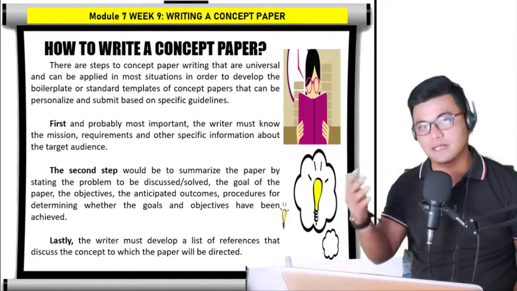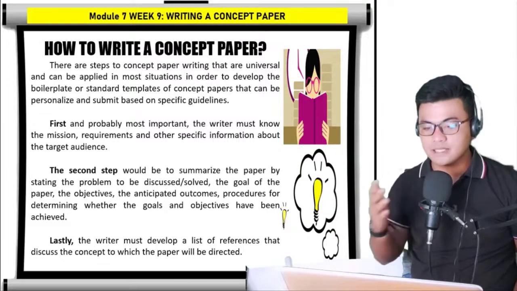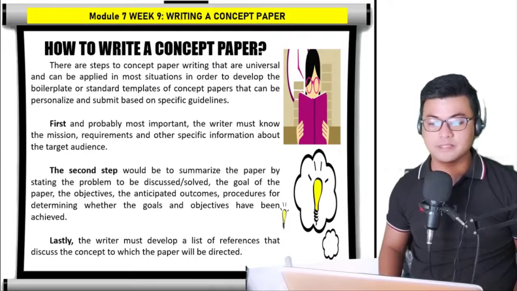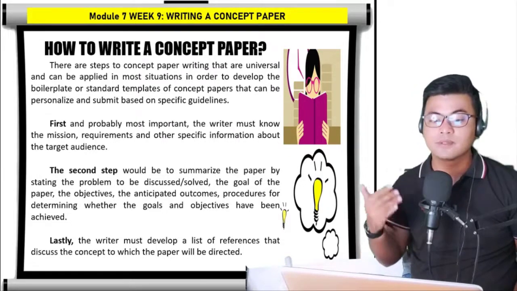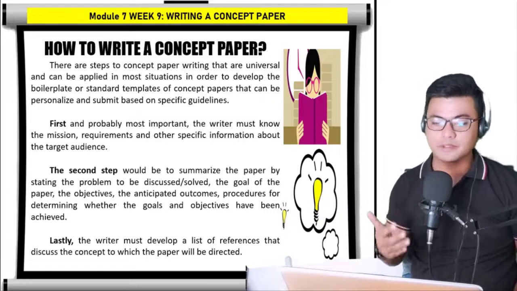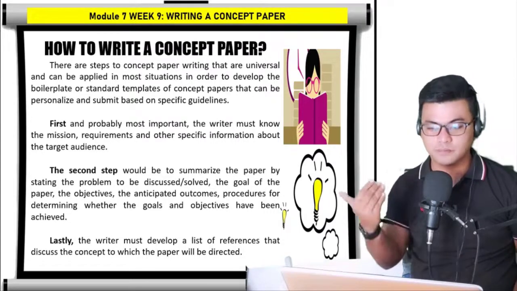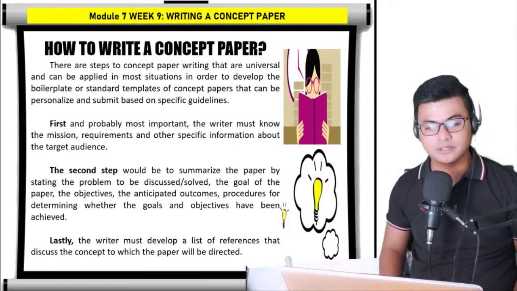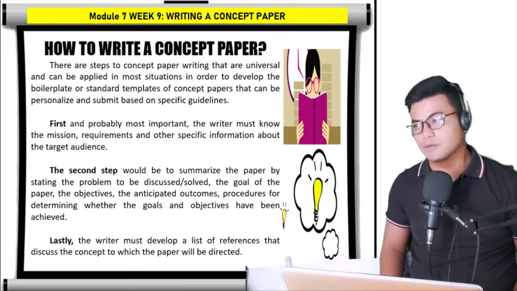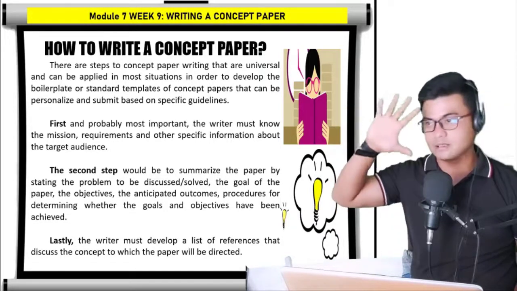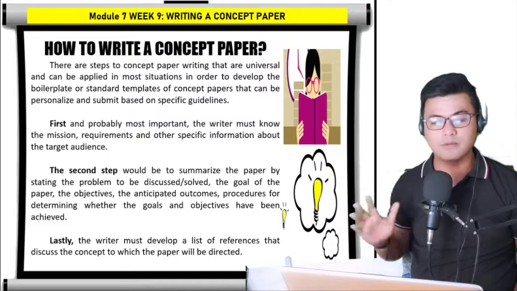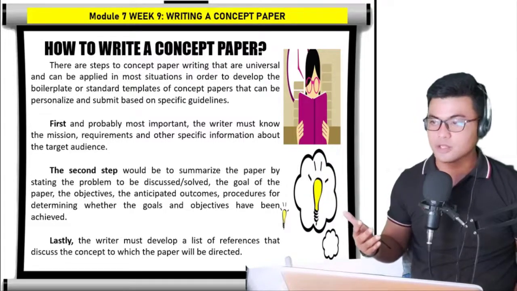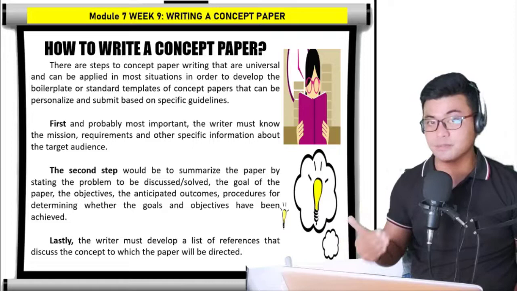At sino yung makikinabang ng paper mo. The second step would be to summarize the paper by stating the problem to discuss or solve, the goal of the paper, the objectives, the anticipated outcomes, procedures for determining whether the goals and objectives have been achieved. So, after knowing the mission of your work, kailangan mong malaman, masummarize yung main objectives mo, your specific objectives, even